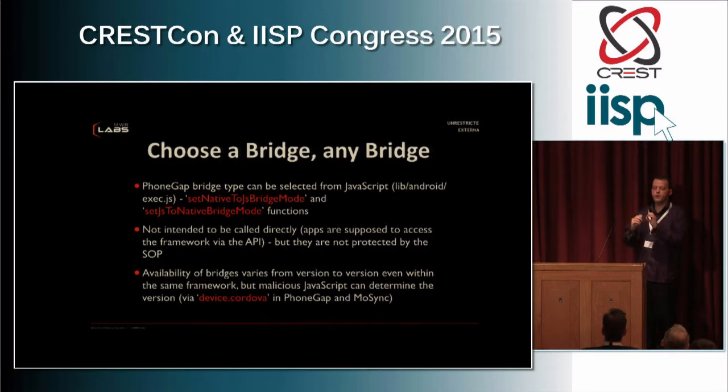The ability to switch between those bridges is available as a client-side control. So you can use JavaScript to tell it to switch to using a different technique. So if you're trying to attack the application and the bridge technique it's using isn't working for you, it doesn't expose what you want it to, and you can't get past it, you can switch to another bridge that's weaker,